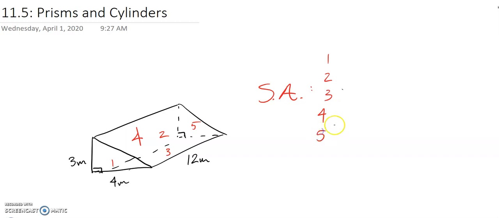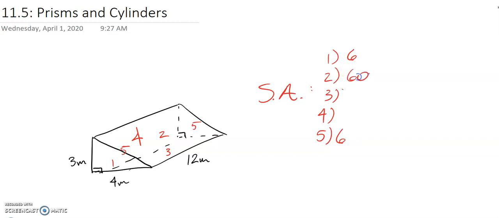If I can find all 5 of these areas, then we are golden. So the area of face number 1, it's a triangle, so half the base times the height is going to be 6. 5 is congruent to it because of the two bases of my prism. Now face number 2 is the one that connects these hypotenuses from my bases. So it is a 12 by, it's a 3, 4, 5 meter. So that's going to be